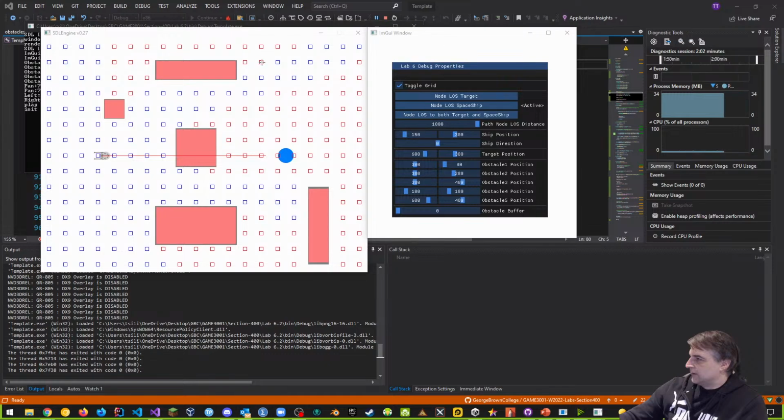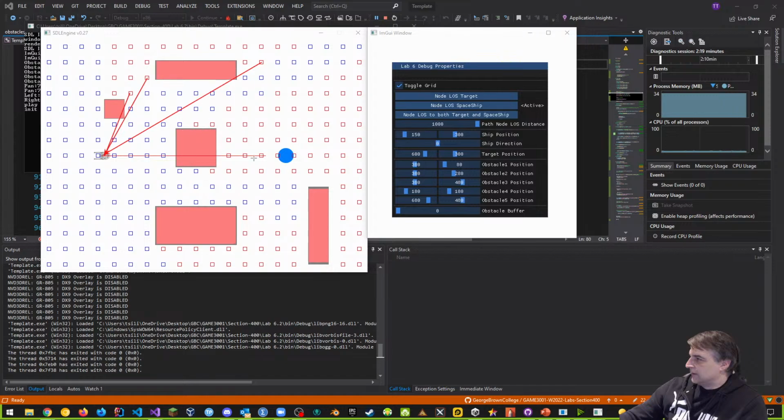Then if I take this node right here, it looks like it has line of sight. Let's see, does it? And the answer is no, because it goes right through there. You can see that the same stuff is the case where these ones don't have line of sight. This one looks like it has line of sight, but it doesn't because it just touches the edge. Look at that, right? And so on.